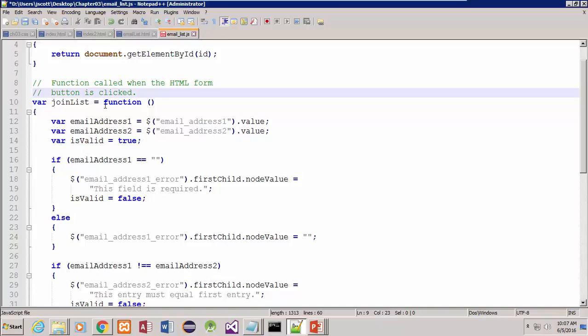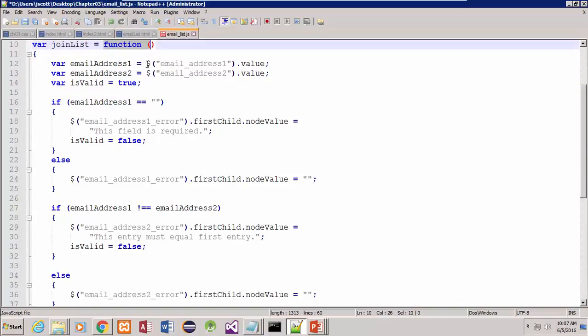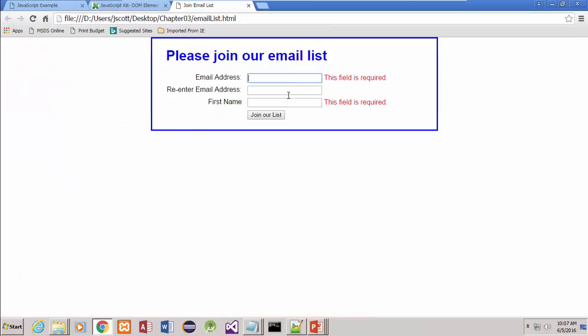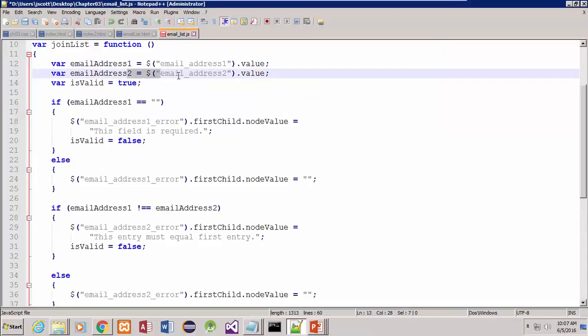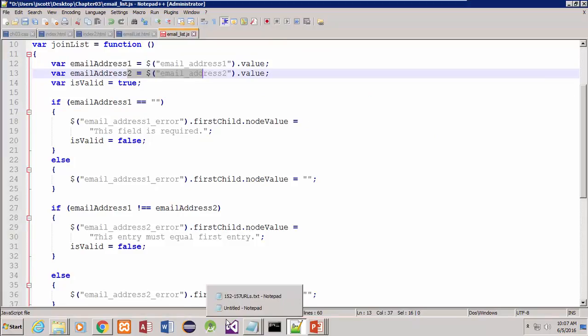So it's called joinList, and we're writing a function here which says grab the value that we put in to that first text box for the email. So that's saying grab this value, and then the next line right here is saying go in and grab this value, and then the next line